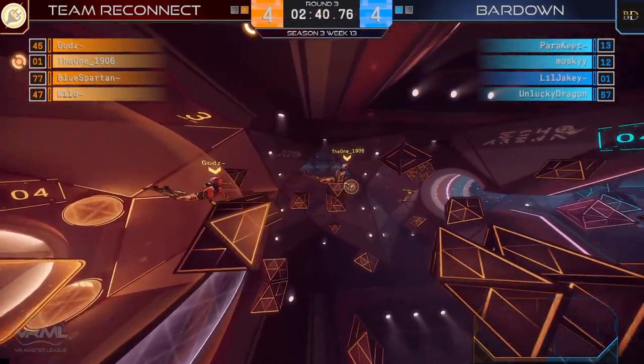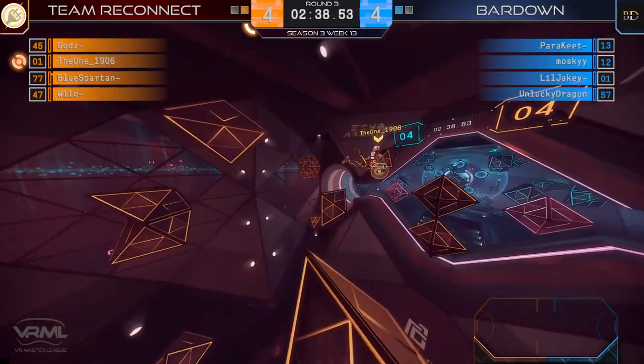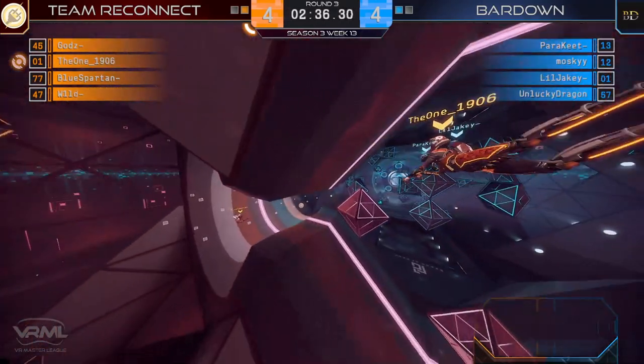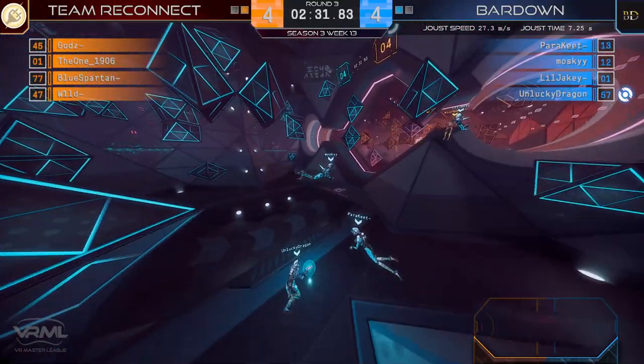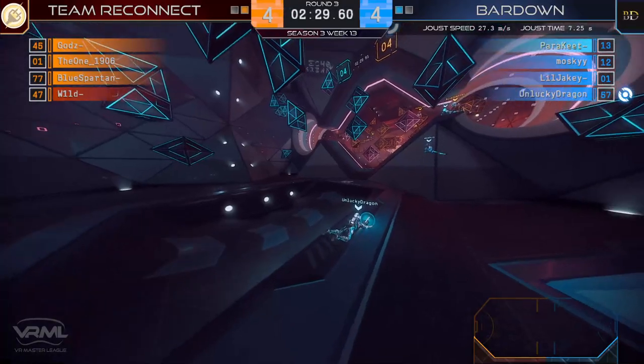The one with the disc. Let's see what's gonna happen. That stack. It looks like BarDown's playing a lot more defensive in this. Oh boy, that pass is not gonna make it through, and Unlucky Dragon's gonna be able to make that down through, as Unlucky Dragon's gonna be trying to make that lucky shot,